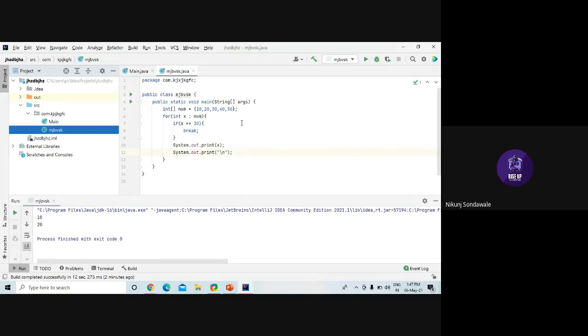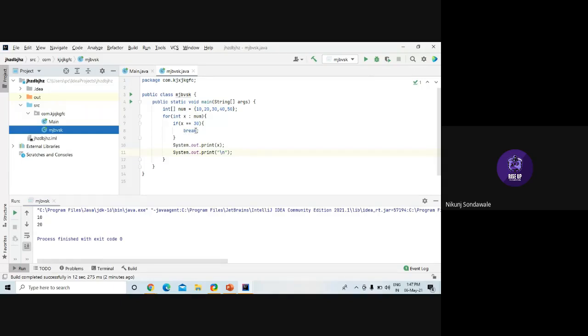After this, it will go to the for loop, and now our value of x became 30. It will check, is 30 equal to 30? Yes, this condition is true. So it will go inside this if, and inside it we have the break statement.